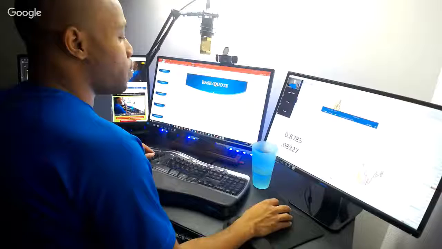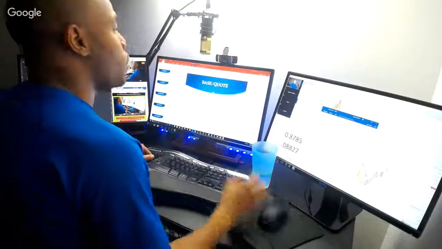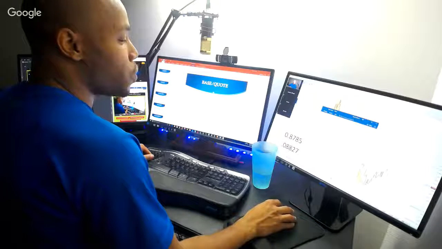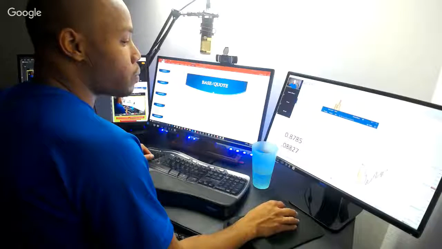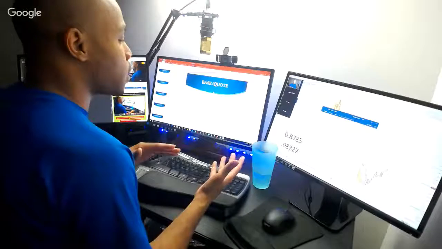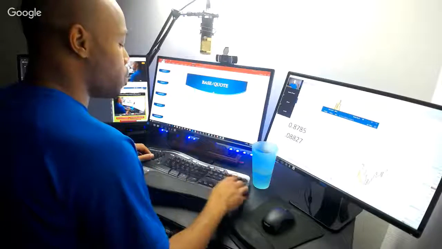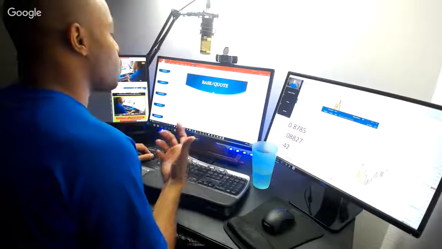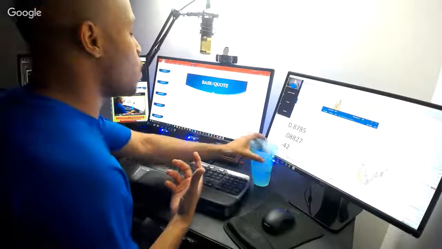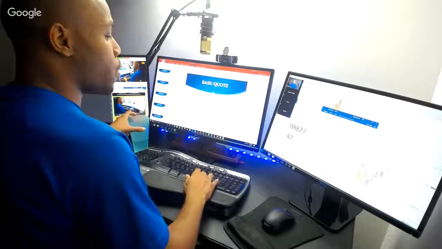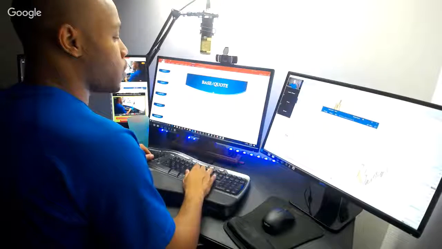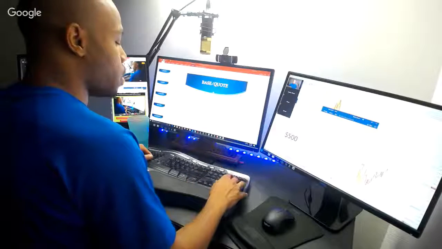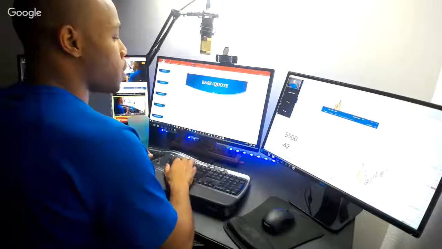So let's say this 42 pip move goes in our direction, then we know how much we would have made based on the position sizes we took. But let's say that we had our $500 account and it went 42 pips against us. Let's say we hit the sell button on accident, and it goes negative 42 pips. Now, depending on the position size that you take will determine how big of a loss that's going to be. So if we had our $500 account, let's start a new page, a $500 account, and it was a negative 42 pip trade,